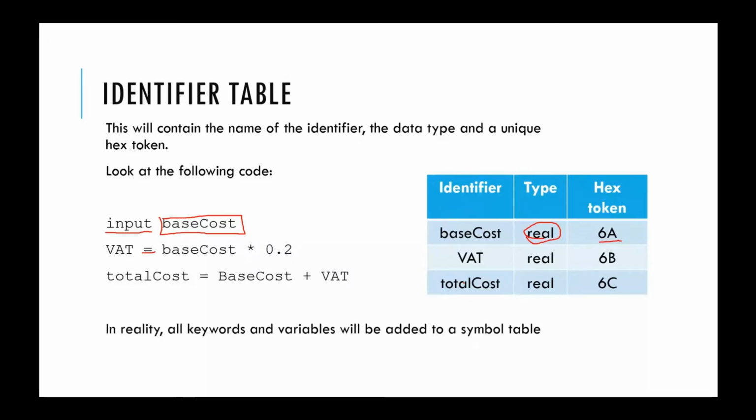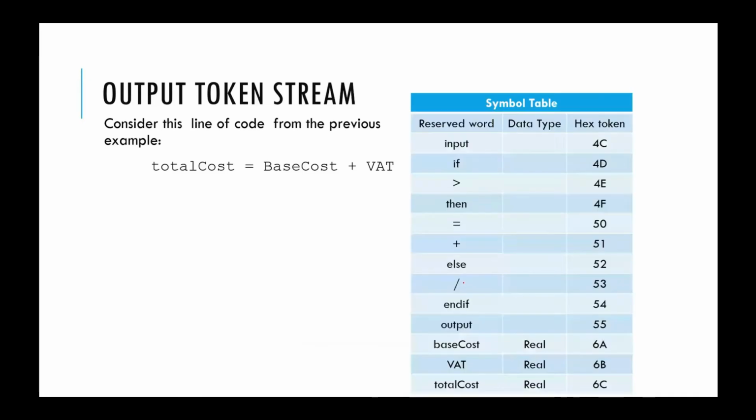So what we've got is our output, our piece of code here. There's our symbol table on the right hand side. And what's going to happen is this line of code that we're looking at right here is going to get replaced with these tokens right here. And there's the token stream that we can then feed into the next stage of compilation, which is